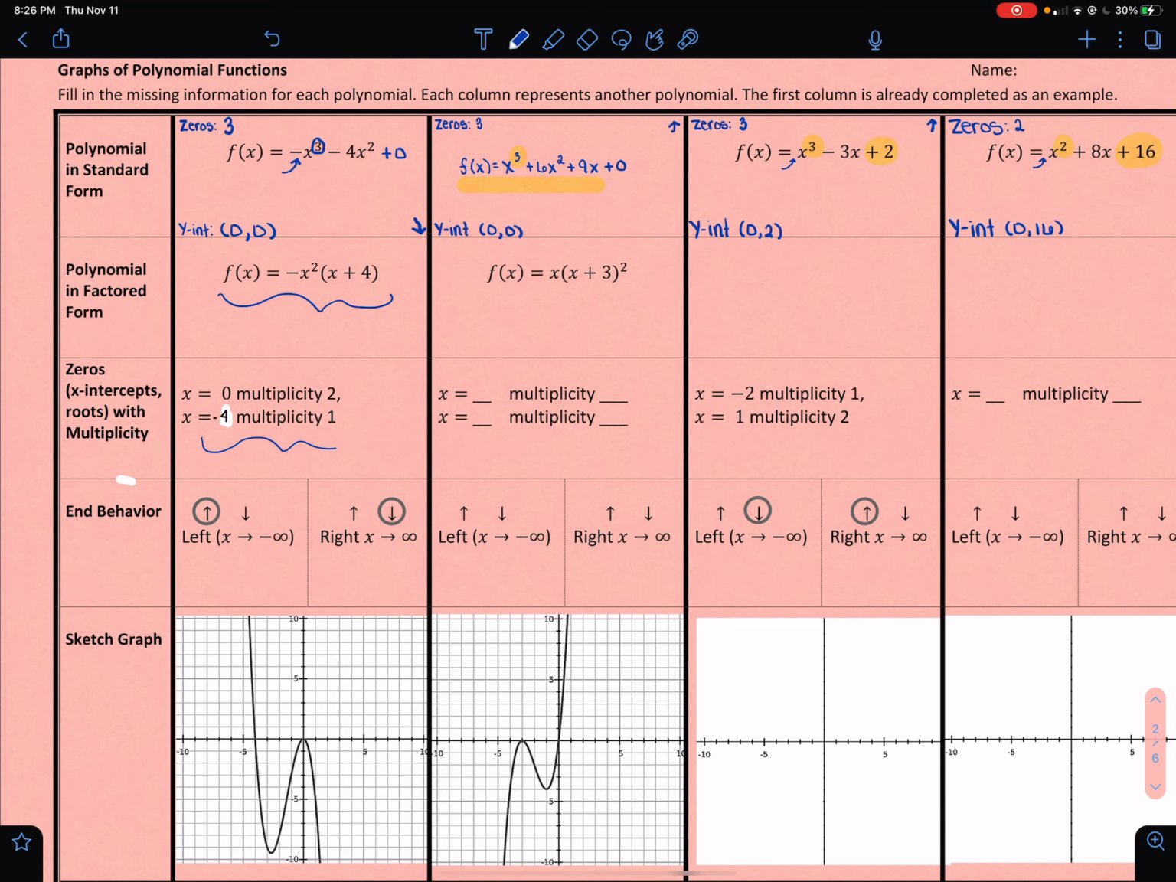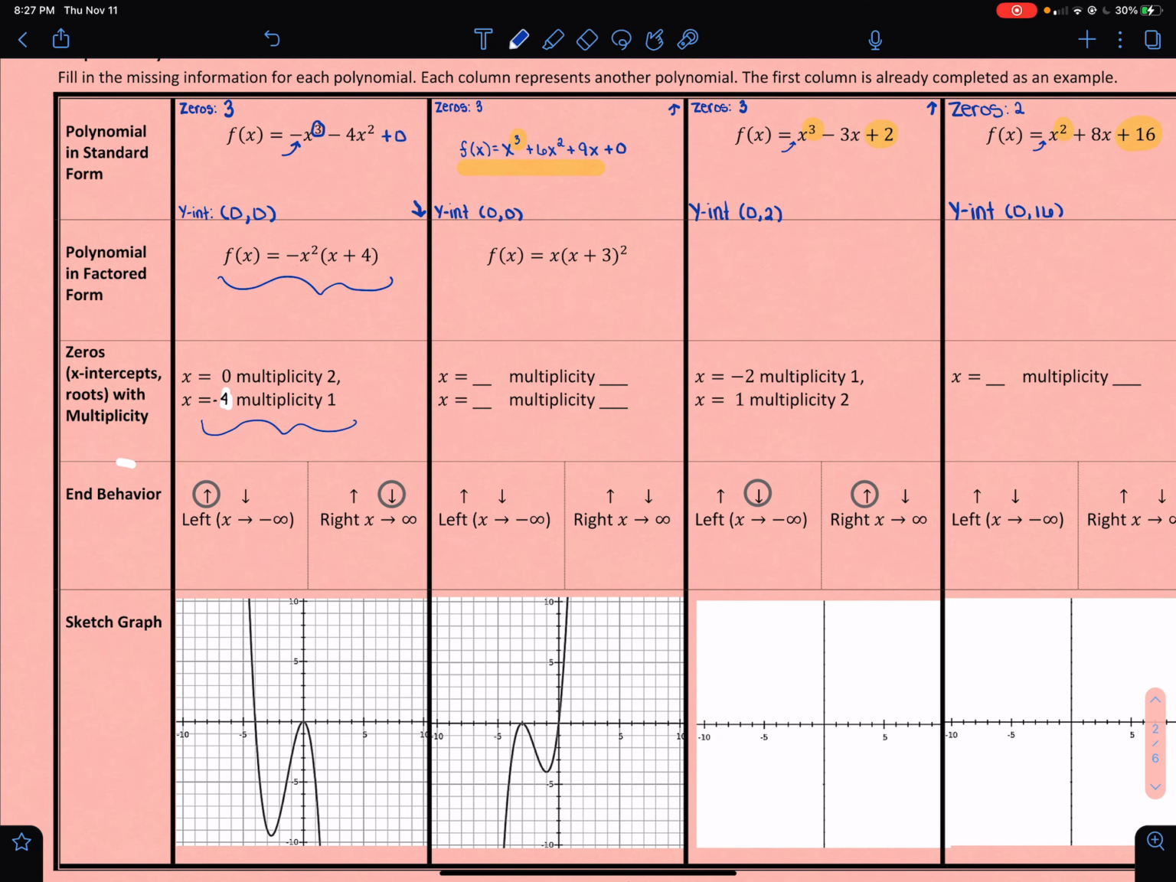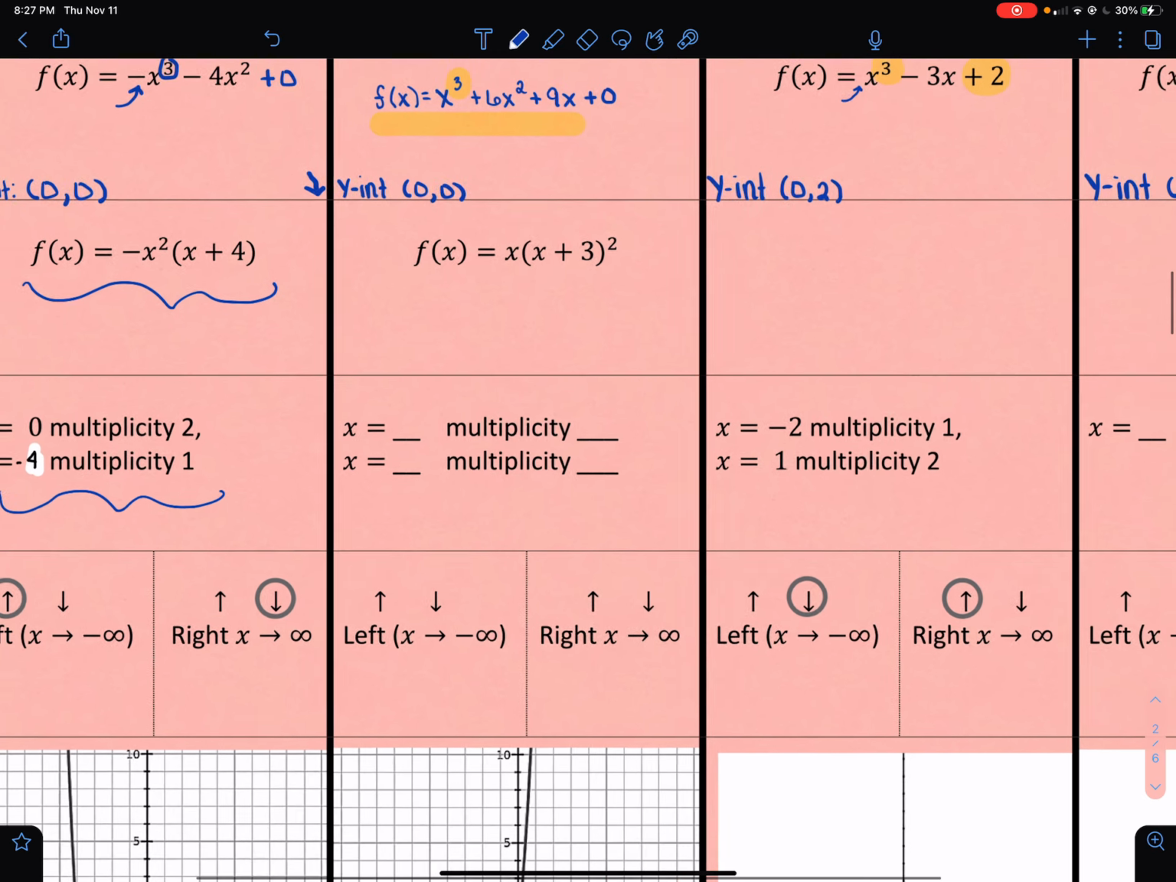They told us what the multiplicity is. They told us the left side opens up and the right side goes down, and they even graphed it for us. Okay. Now, when we're looking at the second one, they have already factored